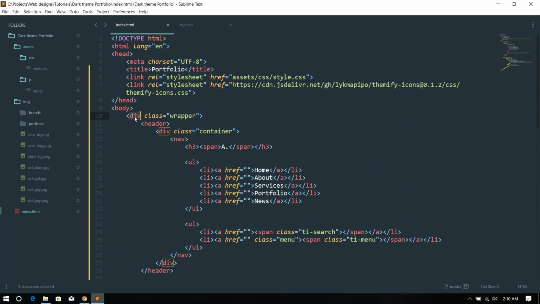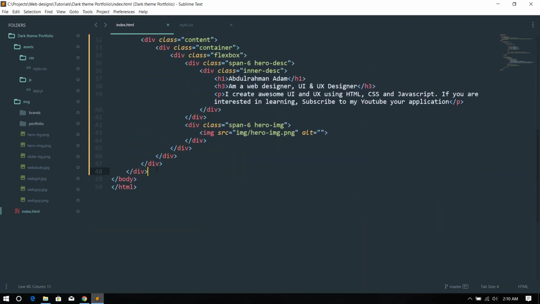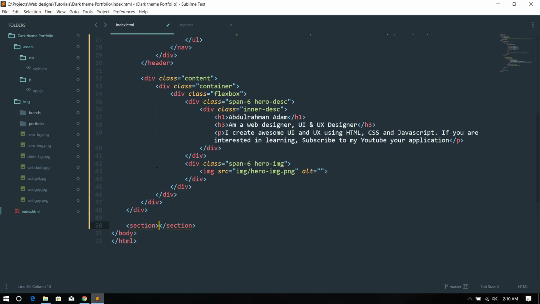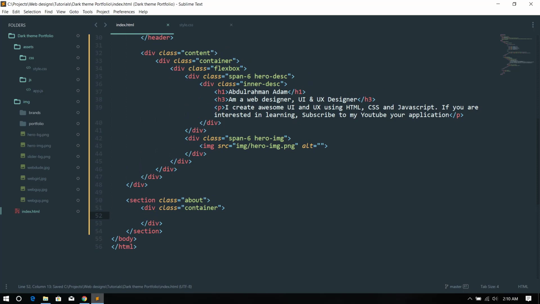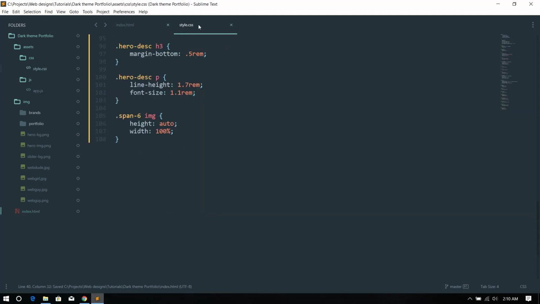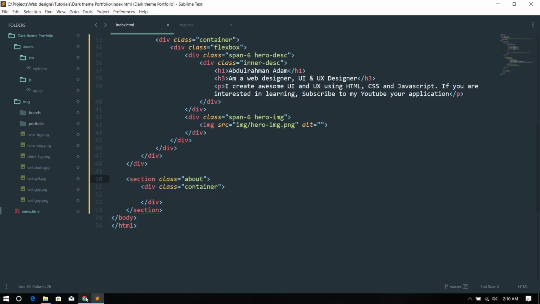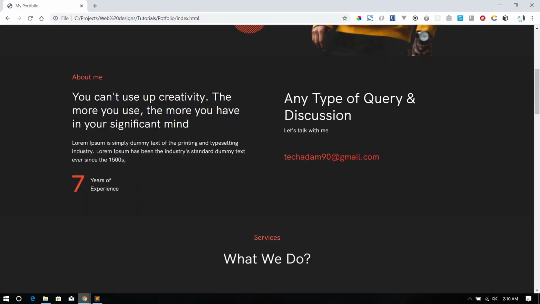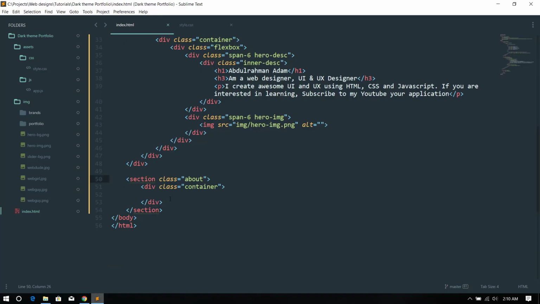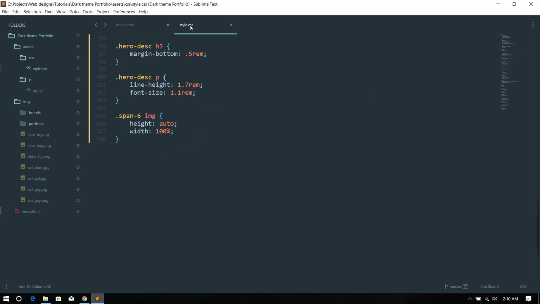So this is a div for the class of wrapper. So here I want to add a section and see class of about. Yeah, so I'm gonna add a div, I'm gonna have a container here too, and yeah, so if you look at these, we have two columns, right? We have two columns here, so we're going to be using a flex box. So the about section is going to be having,